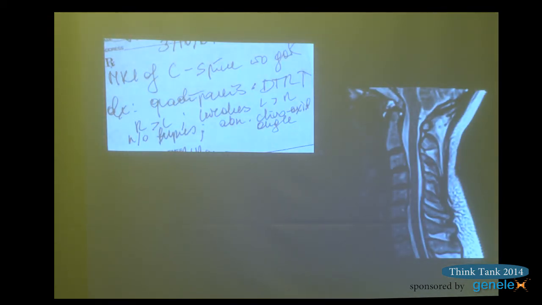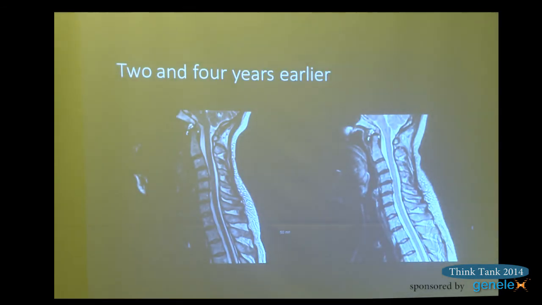Another person. This person came to me with quadriparesis, increasing deep tendon reflexes, weakness, and she's got 130 degrees. There's reversal of cervical lordosis. I question that the cord is draped or pushed against the back part of the front part of the spine. This is what she looked like 2 years earlier, and 4 years earlier. And it really hasn't changed all that much, although she's becoming more symptomatic. I question that she may have a tethered cord in addition to having skull base